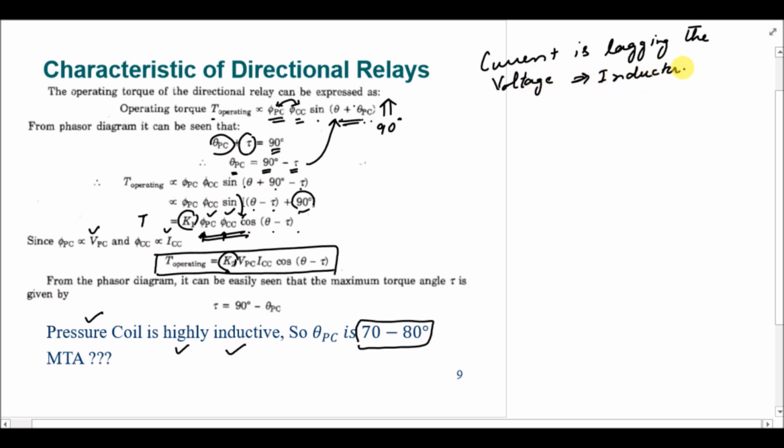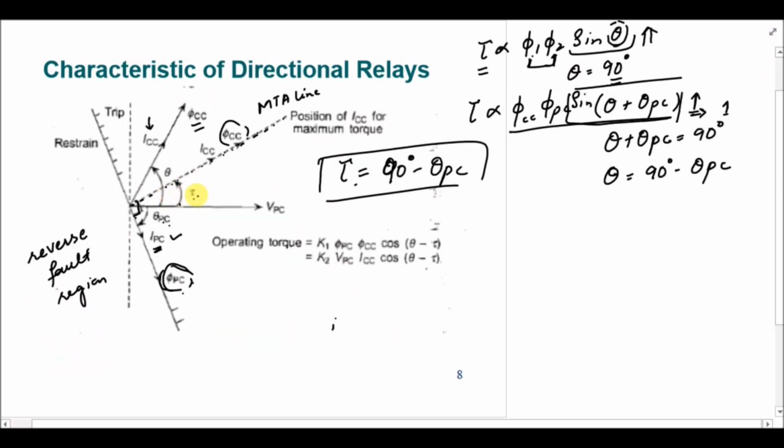So that's why theta PC is between 70 to 80 degree. So if theta PC is 70 to 80 degree, then tau is actually 10 to 20 degree. So in the previous diagram here, the tau will be approximately equal to 10 to 20 degree, and the theta PC will be approximately equal to 70 to 80 degree values,